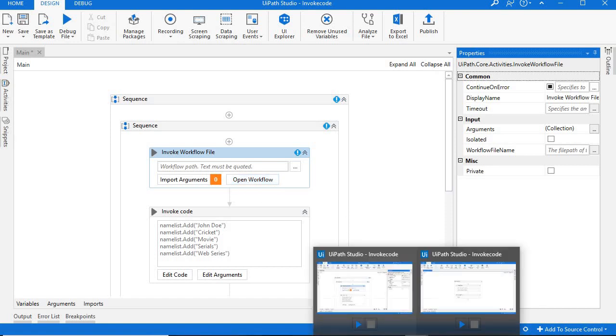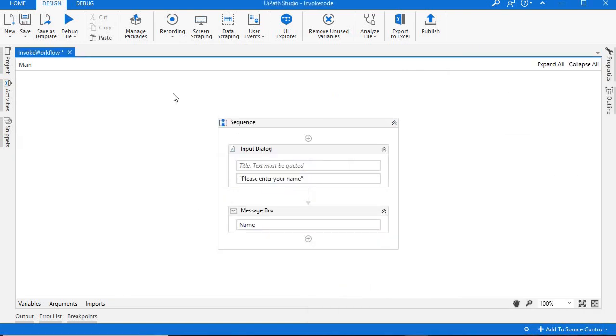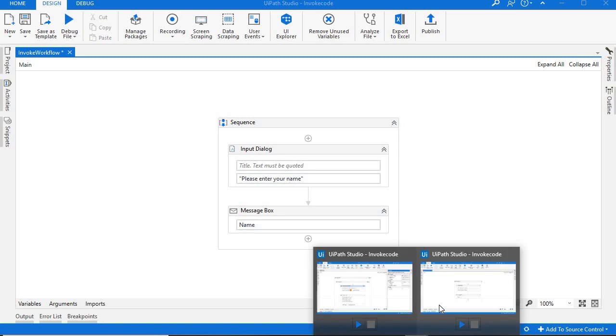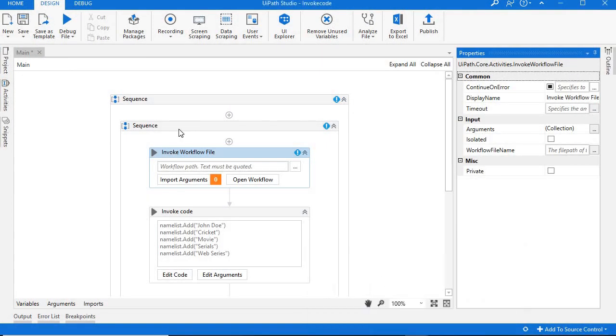So I have created another workflow. It's a simple workflow where this bot will ask for an input name and this name will display in a message box. I simply need to call this workflow from my original workflow. So for that I have to give the workflow path first.